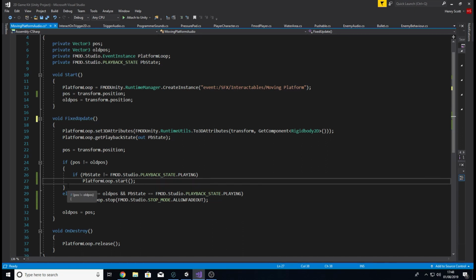Next, we go down to this else if statement. Now, this is designed to check to see when the platform isn't moving and has stopped. As you can see, instead of checking to see when these two variables are different, we're now checking to see when they are the same. If they're the same, we know that the platform isn't moving anymore, and therefore we want to stop our platform